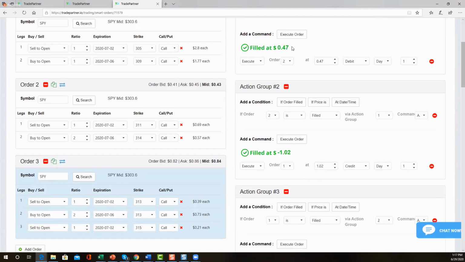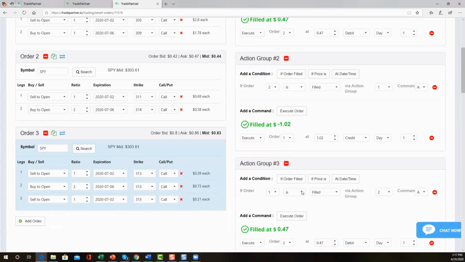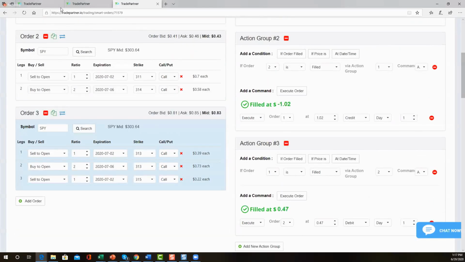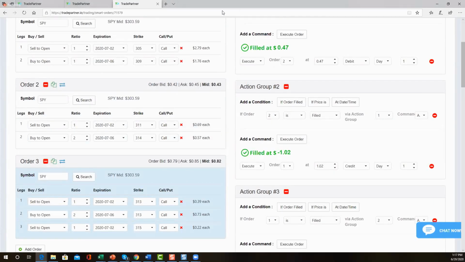But I put myself in a very high probability of getting filled, and so I did one bullish and one bearish, and then the bearish is 102. That gives me a total credit of 55 cents, which means if that were to happen, the market tanks, I would have a minimum gain of 55 cents. However, if the market tanked, I'd be guaranteed to get filled on this second bullish. So the worst case at this point would have been the market moves up and I only have one bullish in place, which is still a really good trade. It's just not as good as you'll see.